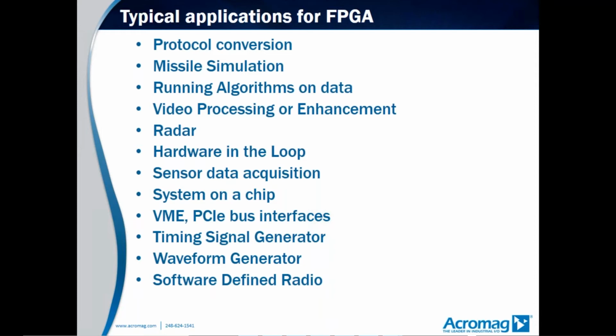Radar applications typically require analog to digital converters and digital to analog converters, and typically in the middle of that you have an FPGA that does all the processing of the waveforms coming in from the radar. Hardware in the loop is another application that people use FPGAs extensively. Sensor data acquisition. If you have a variety of different serial data, TTL data coming in, maybe LVDS, maybe CMOS, it can take all these inputs and you can process this data on chip and then send it to where